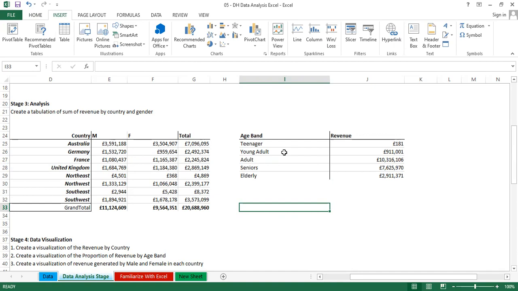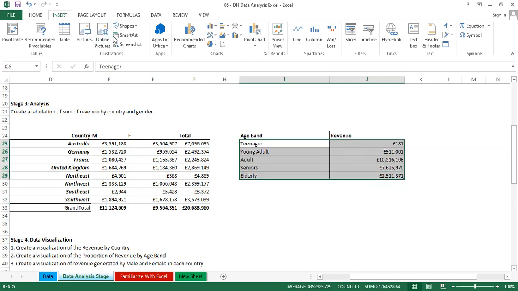But this one, looking at the distribution, which age bracket purchases our item the most? Let's just do it. All right, so you select,